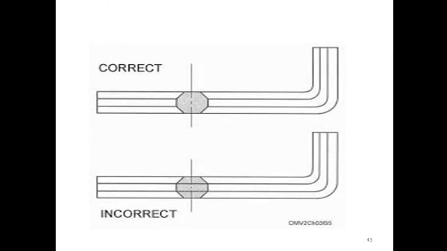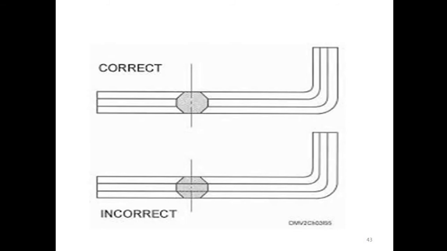an octagonal part is taken. Suppose it is a material whose shape is like an Allen cube shape. One correct method is there, one incorrect method is there. But before that, we are going to study what is meant by revolved section. Here, the axis is there, and along the axis, the cutting plane is shown. In the revolved section, the cutting plane is revolved 90 degrees to show the cross section of the component.